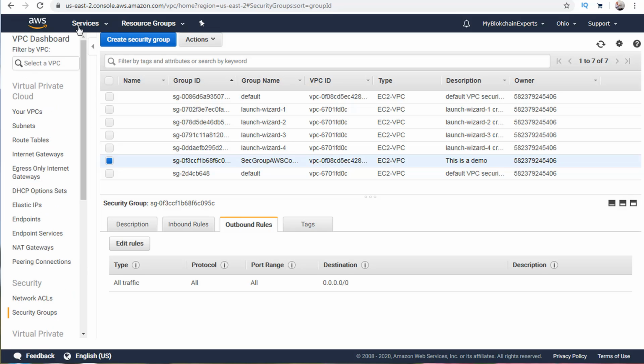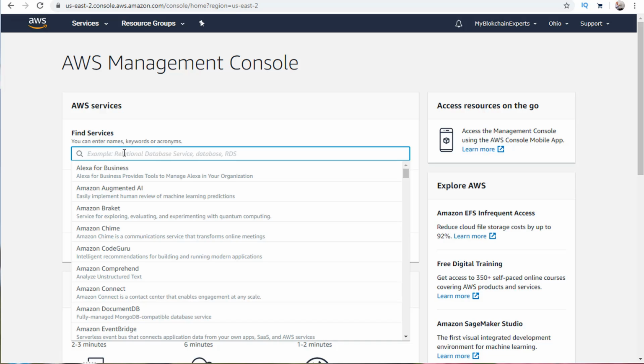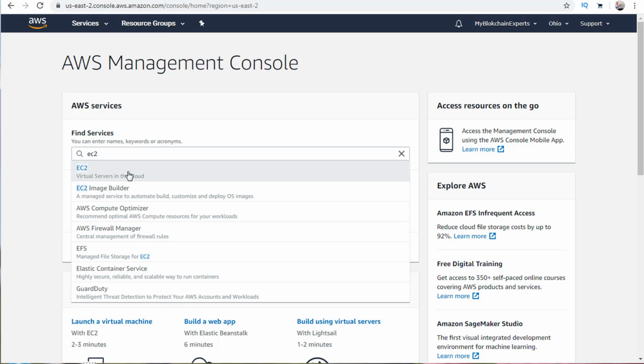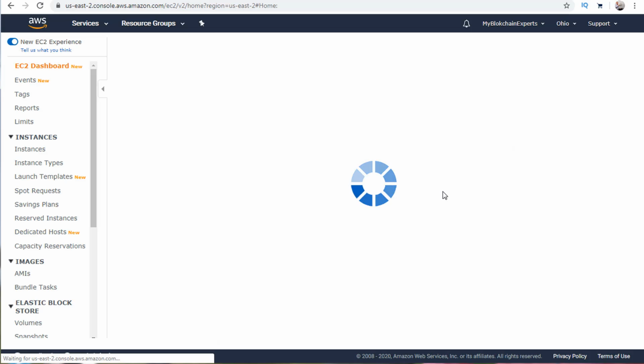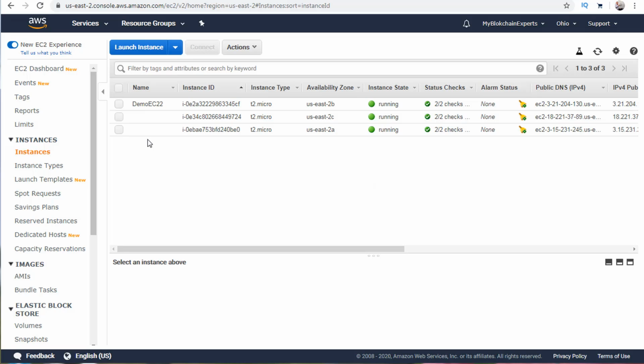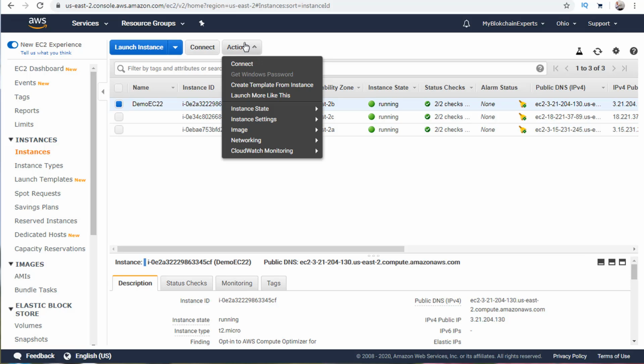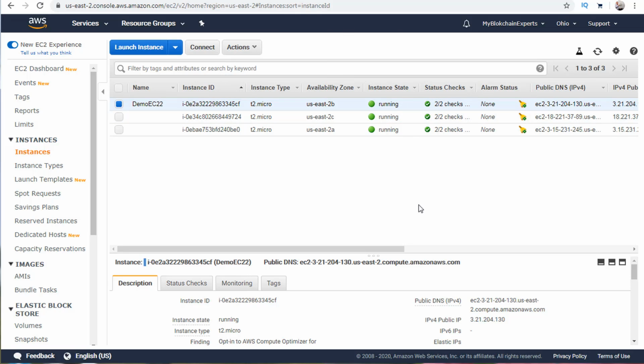So what we want to do now is go over here to EC2. There are 3 running instances. You can see that I have a demo instance. When I select that, I have the ability to go to actions. And then basically, if I want, I could stop that instance and then update it as well. Or if I'm configuring a new instance,